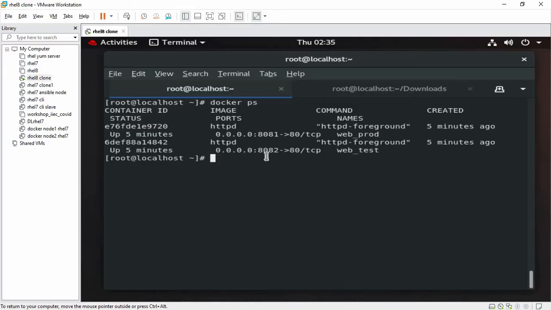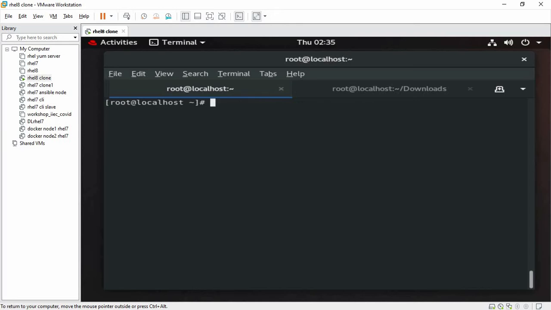Also we can see here, if we want to check that our testing environment is working fine, my testing environment is on port 8082 and my production environment is on 8081.